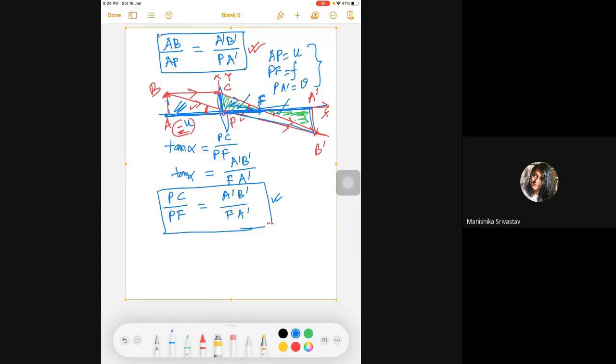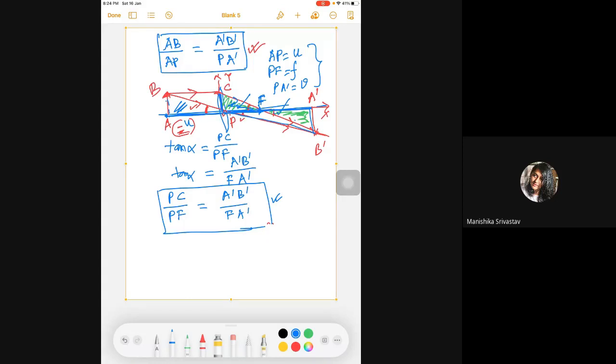Consider your axis on the pole and measure the distance from the pole. Keep in mind the direction of the light. If you are measuring opposite to the direction of the light, put the negative sign. And that's all the convention. Nothing to remember, no formula, anything. Simple logic: where you put your axis on the pole and how you measure the distance from the pole. If it is going opposite to the light ray, then put negative. That's all. Clear?